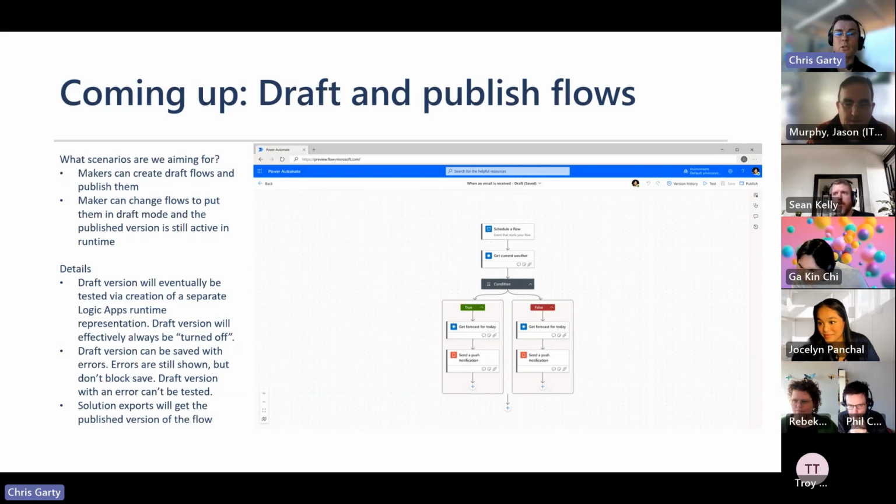The draft version of a flow will just always be turned off, and the published version of the flow will be the one that end users see. And when you're ready to publish the draft flow,